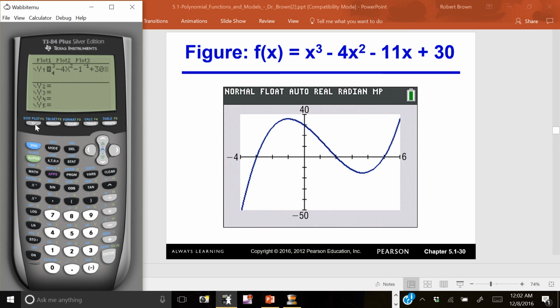Let's set up the window to be between minus 4 and, in this case, plus 6. And let y min be minus 50 and y max be plus 40. You hit graph, and sure enough we get the same function. We have minus 3